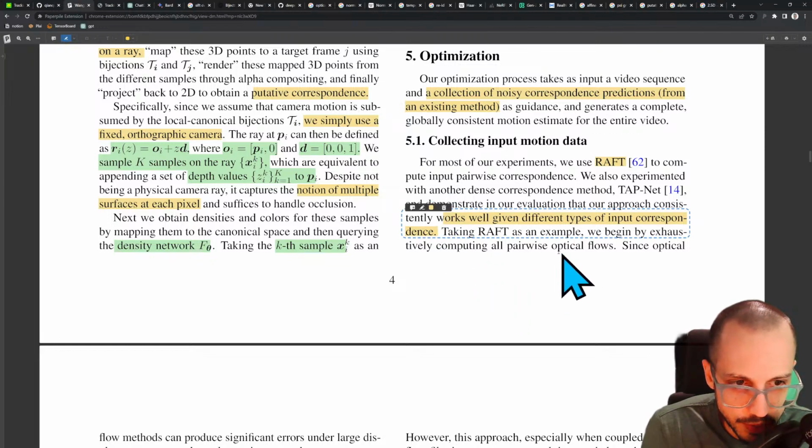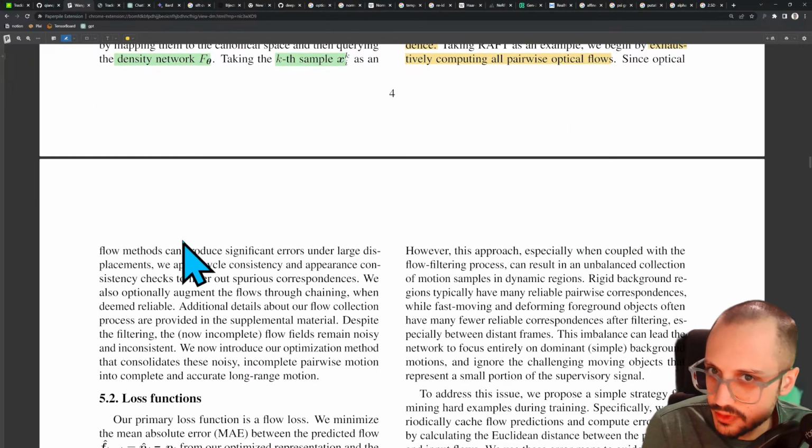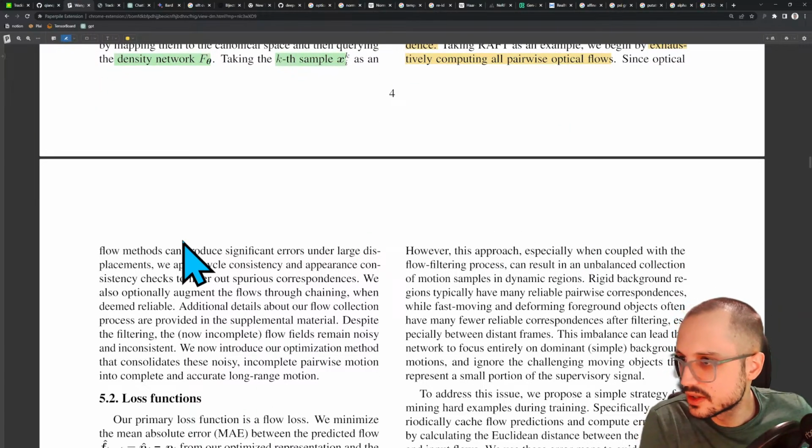Taking RAFT as an example, we begin by exhaustively computing all pairwise optical flows. Ooh, that sounds gross. Since optical flow methods